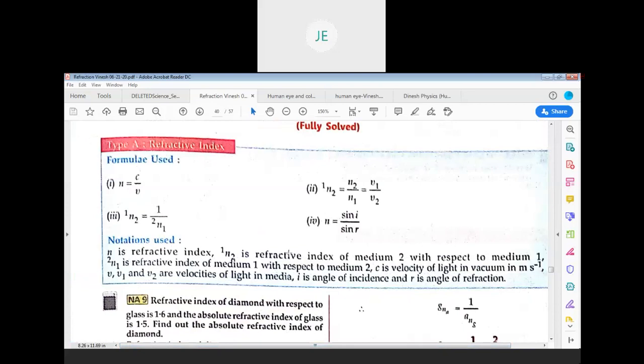Sir, from the starting, if the object is at infinity for a convex lens, then the image is highly diminished. If it is beyond 2f1, then it is diminished. At 2f1, same size as the object. Between f1 and 2f1, larger than the size of the object, and at f1, highly magnified. So sir, as it moves in front, the size is increasing, no sir? Size is increasing.